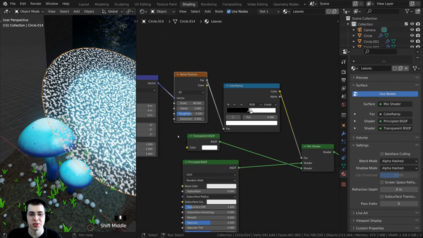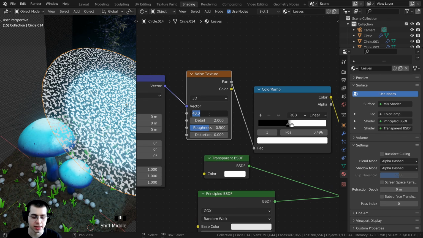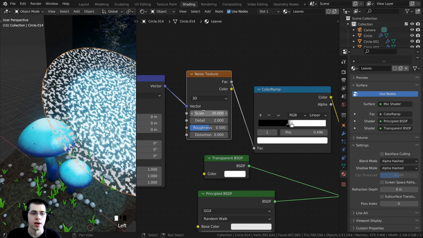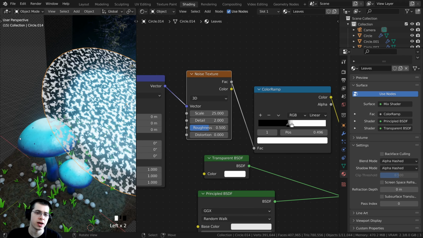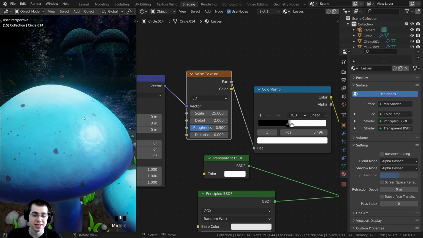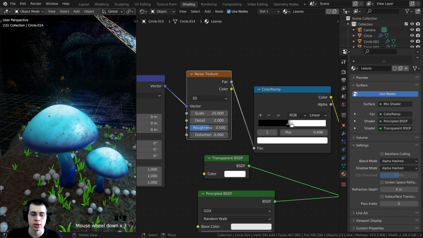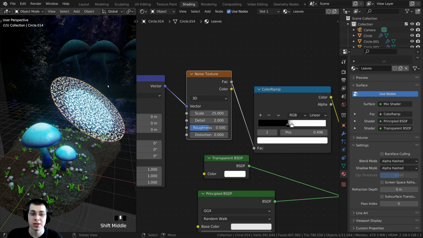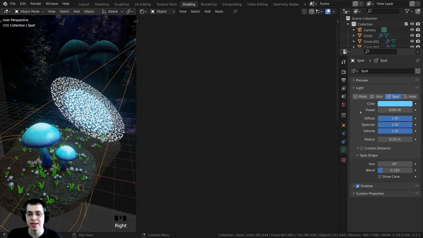Now I do think this texture is a little bit too big, so I'm going to turn the scale down to maybe just like a 30. I think a 30 or maybe even like a 25, that would be better. Now you can see as Eevee loads up, it kind of disappears and you're not able to see it as good. So what I'm going to do is click back here on this light,